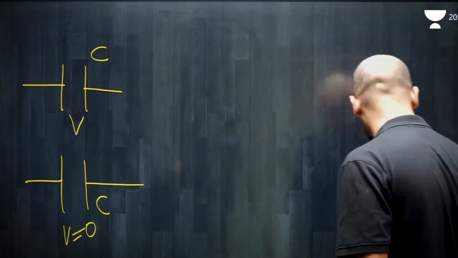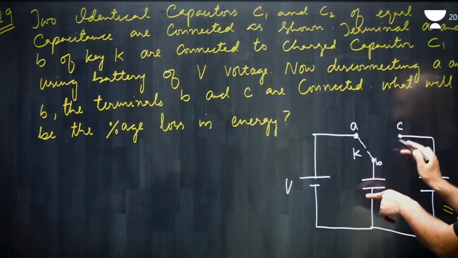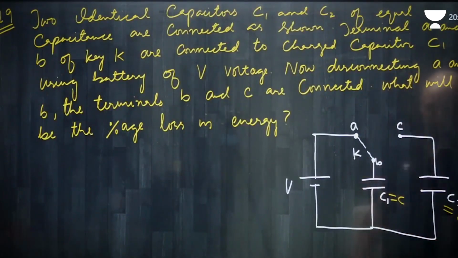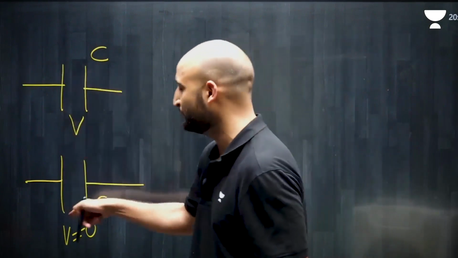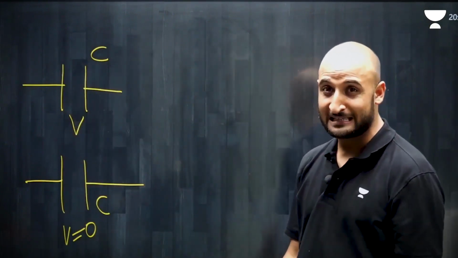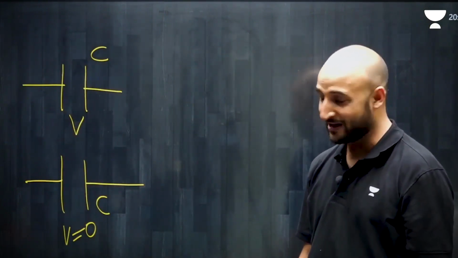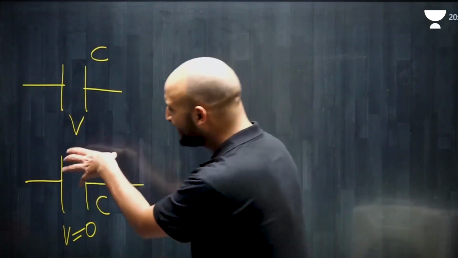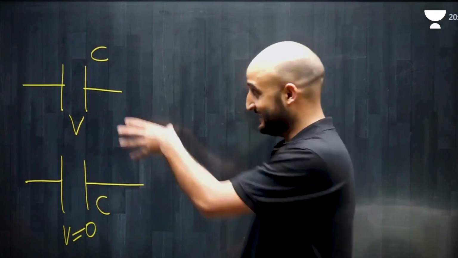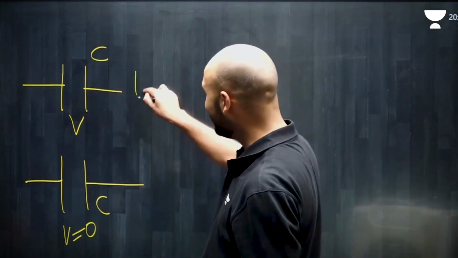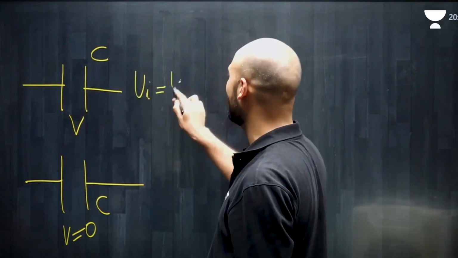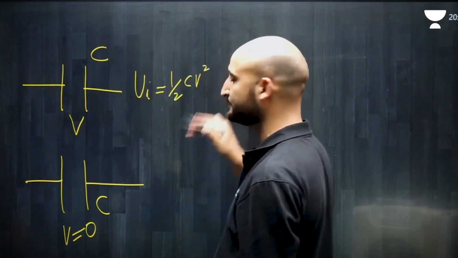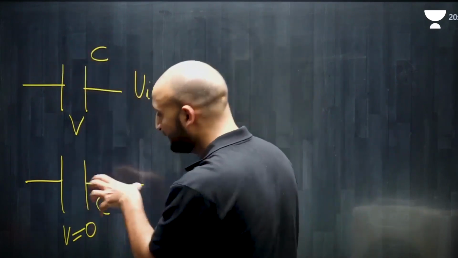Now you are connecting B and C. That means you are connecting this capacitor with this capacitor. The question asks what will be the percentage heat loss. Initially, this is uncharged, so there will be no energy stored. This is charged, so all the energy will be here, and that will be equal to 1 by 2 CV square. But once you connect them,